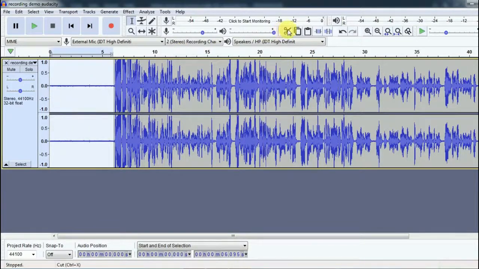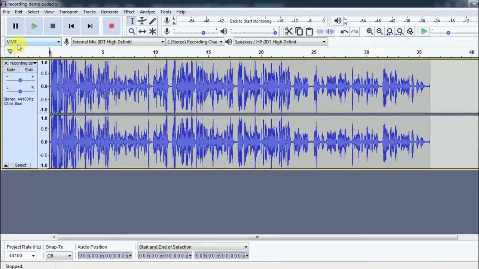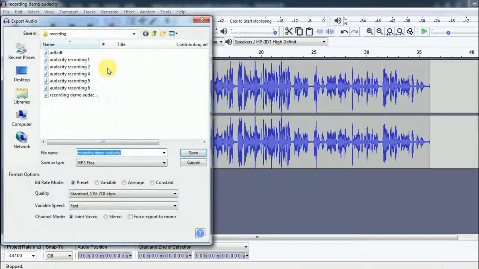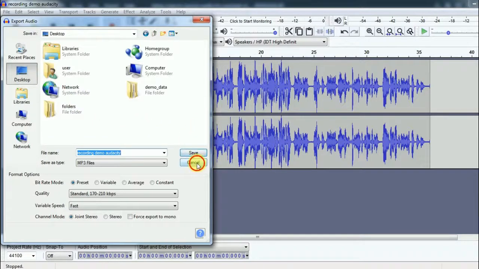So I'm going to remove the unwanted part of my audio. So I'm just going to cut it by selecting the unwanted part. And if you have more to remove, you can do it just by selecting and cut. Then after that you want to export it, so I'm going to go in the corner side and there is file over there. You can see export option, export in mp3. Click on that and you can now save it in any folder. So just name it and save it. I'm not going to save it because I've already done it, so I'm fine.